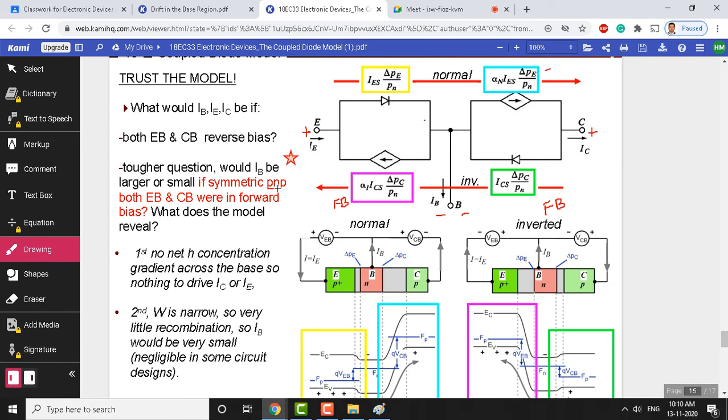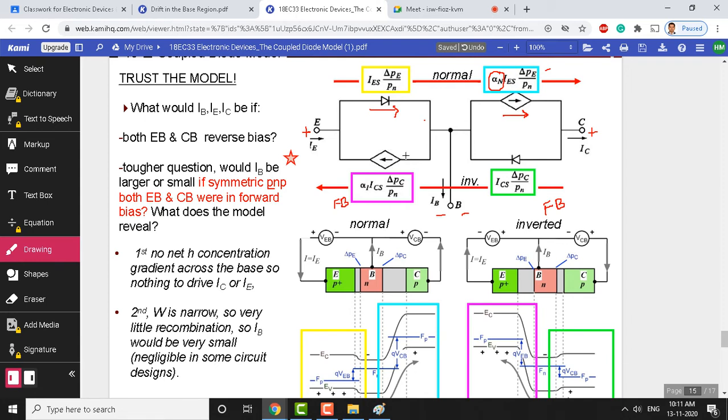We said already this is a PNP symmetrical transistor. You can see here this emitter emits the charge carriers. Let us assume this is the current flow due to the forward bias. A fraction of this current reaches the collector in the normal mode. The upper components indicate normal mode. So this does the emission job, and the emitted charge carriers from the emitter are collected by the collector. How much is collected is given by alpha N. Alpha N is the current transfer ratio, the fraction of the injected charge carriers that is collected by the collector.